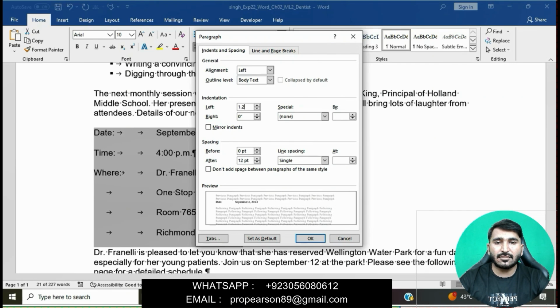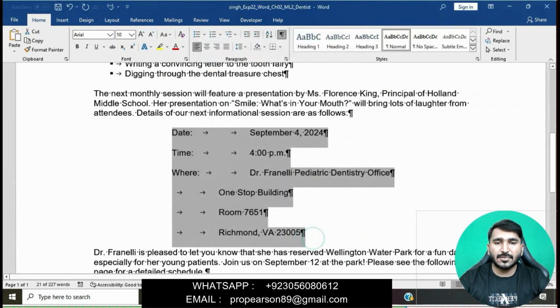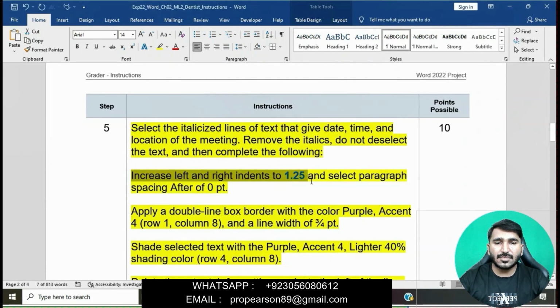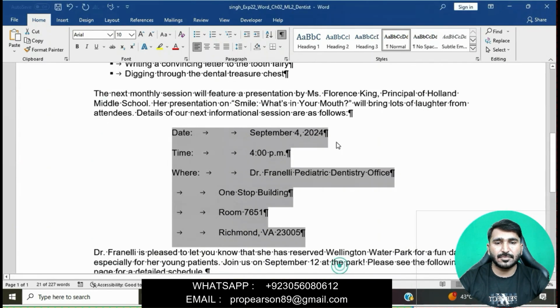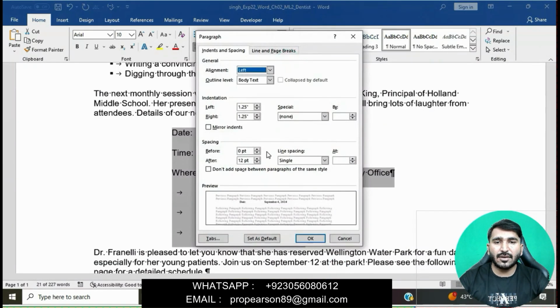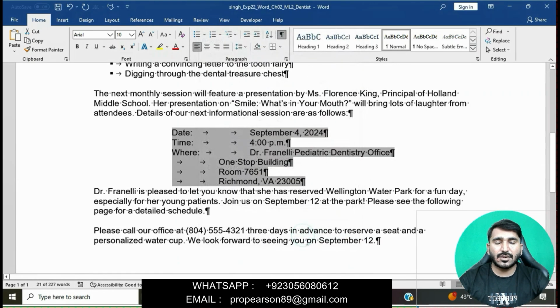We will set left 1.25 and then right also 1.25. We will set indent 1.25, then simply click on OK and select the paragraph spacing after 0 point. Go to the paragraph and then after 0 point. Okay, click on OK. This is done now.